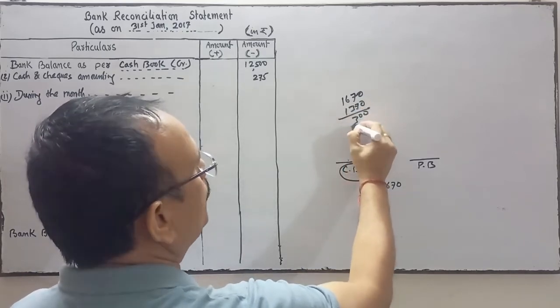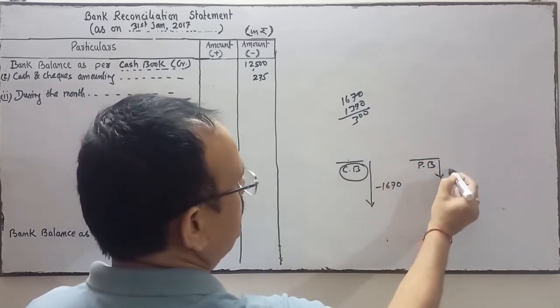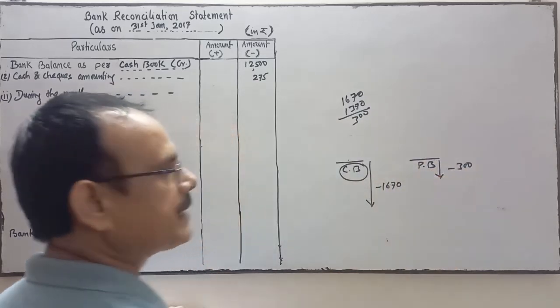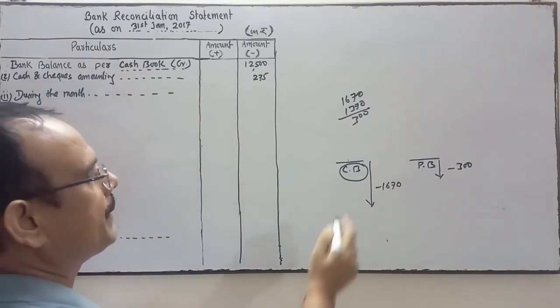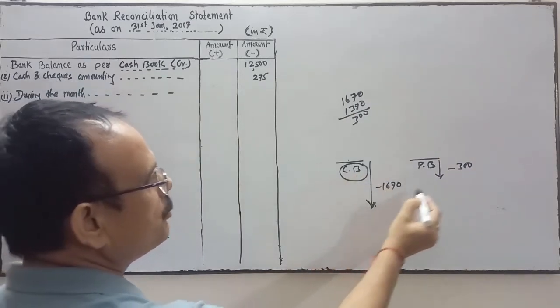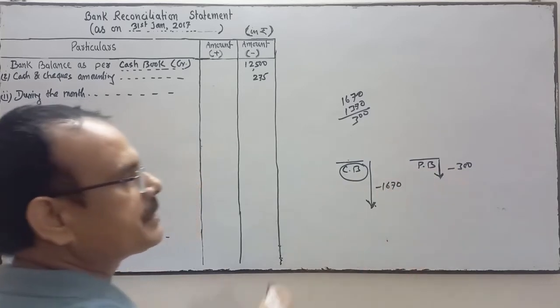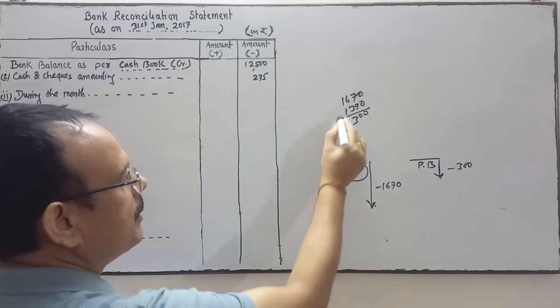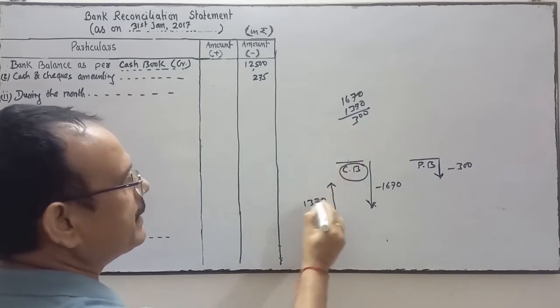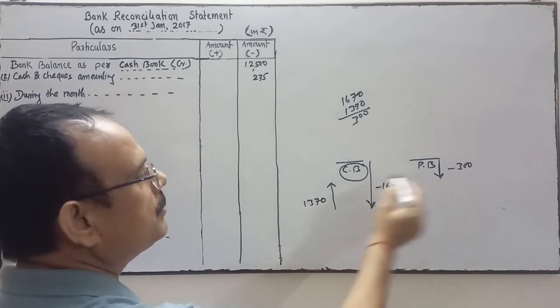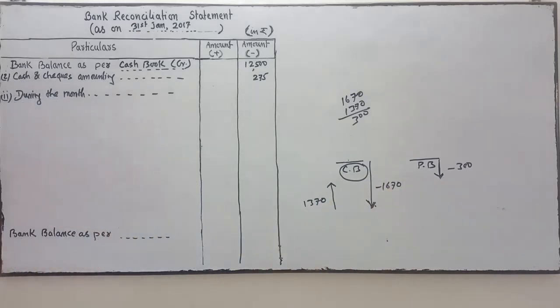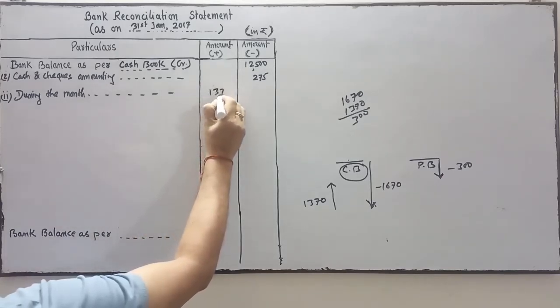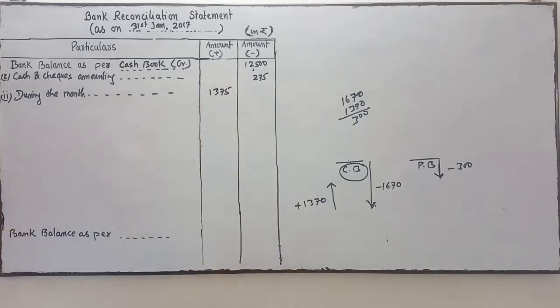1370. It means only 300 check is presented up to 31st January. So cash book balance is decreased by this much amount, passbook balance is only decreased by this much amount. So what we'll do, we'll add how much amount? 1370 in the cash book to make the balance equal to passbook. So we'll write 1370 in the plus side. This we have to add. Next is